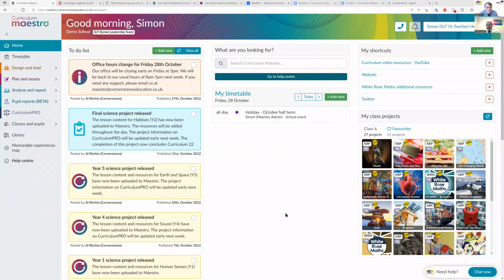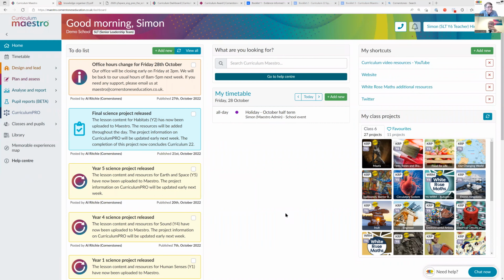Now we're going to look at that in a little bit more detail, because on your website, Simon, I see you've got Maestro. Could you bring that up and tell us a little about it, please? I certainly can. So Maestro is our online platform that provides the functionality for a school. And I'll just wait while you can see that on screen, Mike. Can you see? Yes, I can see it. Wow. Look at that.